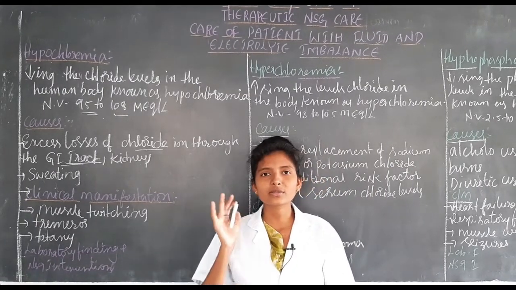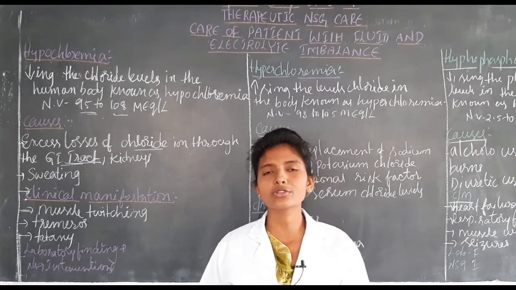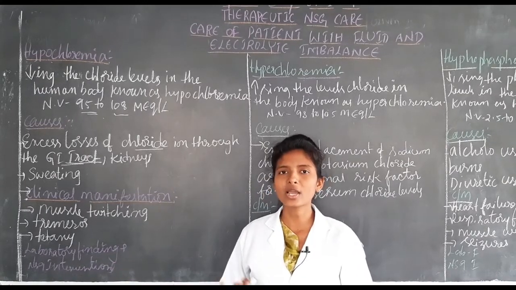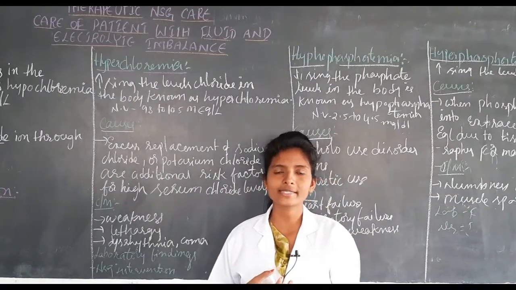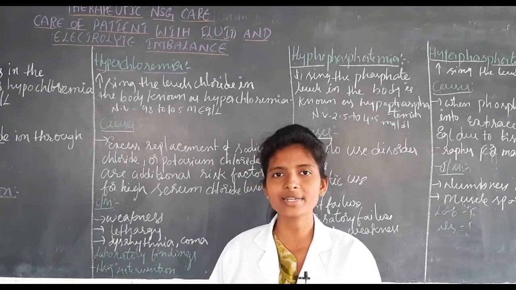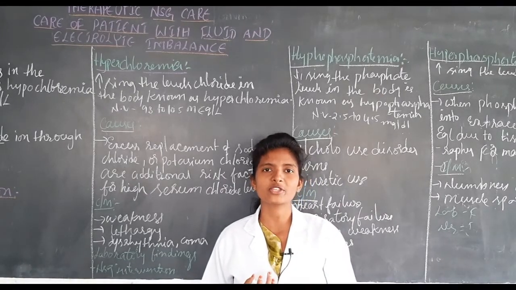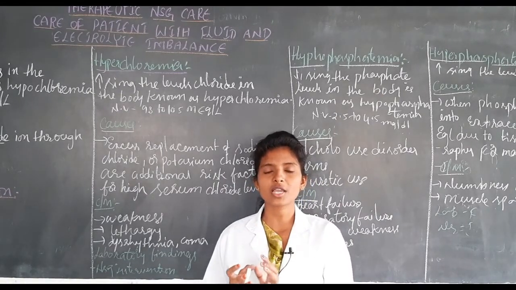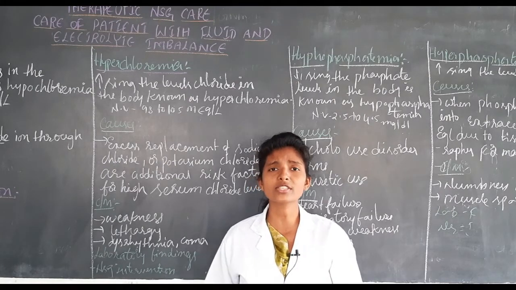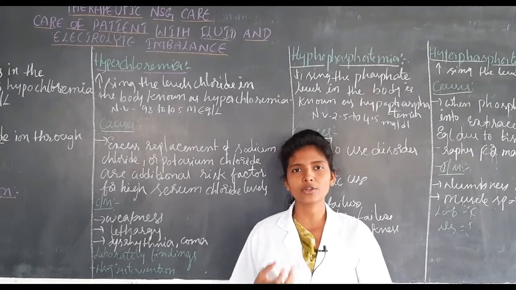And next is nursing intervention. As a nurse, how is she going to take care of the patient in this kind of condition? So that thing we have now seen. I am going to discuss the imbalance of electrolytes in the body. If the patient has imbalanced electrolytes, what is the condition of the patient, how are they going to treat such a condition in the hospital, and as a nurse how is she going to give care to such a patient? That thing I am going to explain now.